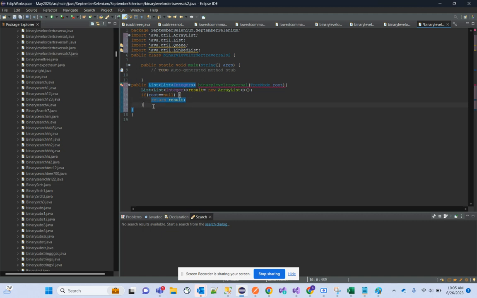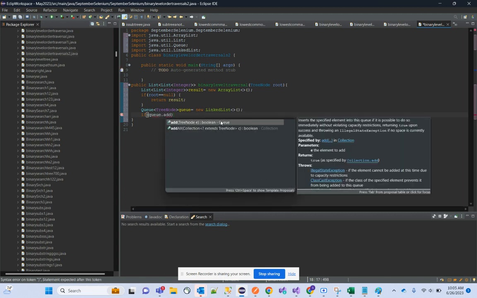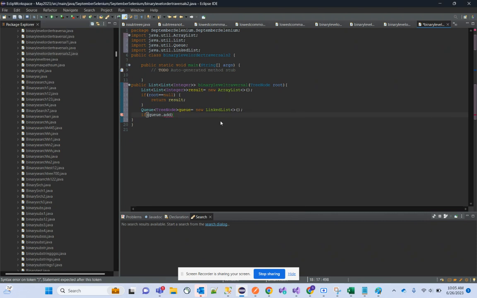Next we have to initialize a new data structure, that is the queue data structure, with TreeNode queue equal to new linked list. I will add the root first, as I have shown in the example. Q dot add root,